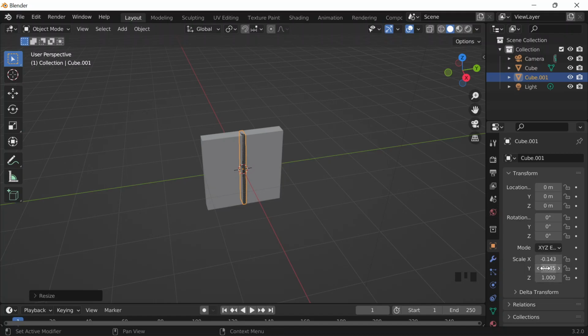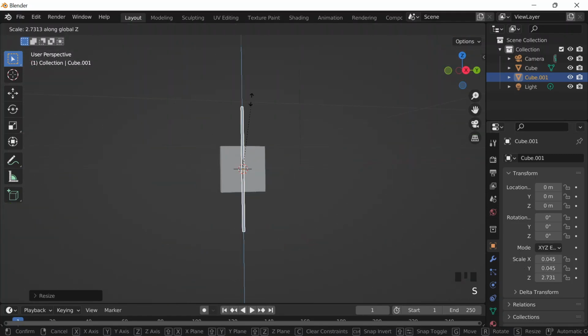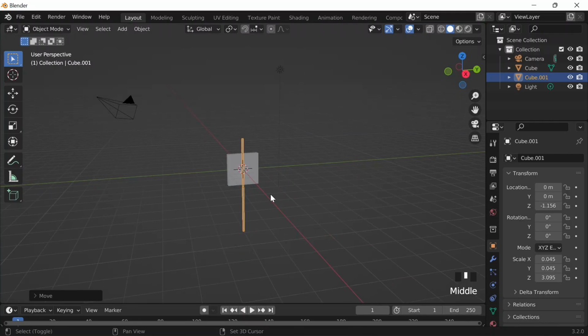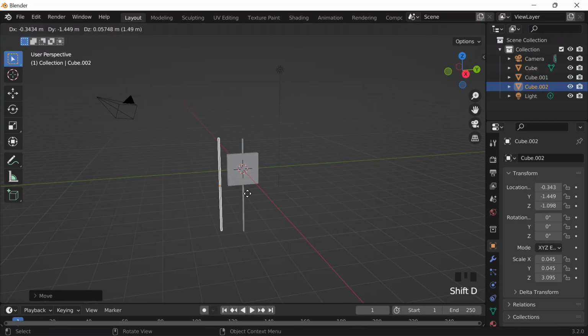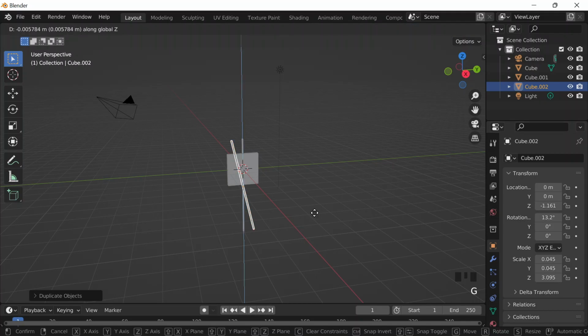properties, and whatever scale I apply to the Y, I want to apply to the X too, so let me just paste that in there. And so now it's nice and thin like that, and then press S and then Z to scale it on the Z axis, and then do G and then Z, and just bring that a little bit lower like that, and then I'll do Shift D, and then just press Escape, and then I'll just rotate it along the X axis a little bit like that, and then just do G, Y, so grab, G for grab by the way,